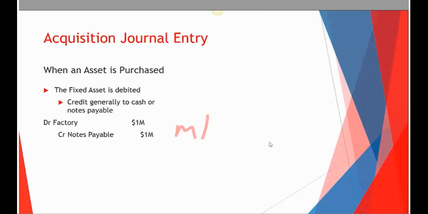Pretty straightforward. It's nice when you know exactly what the dollar amount is. If you paid cash instead, you credit cash there. Yes, that is correct. You could even get a little tricky with maybe mortgage payable, more specific with the note. Usually you don't see companies doing that though. Not as much. I agree with notes payable.